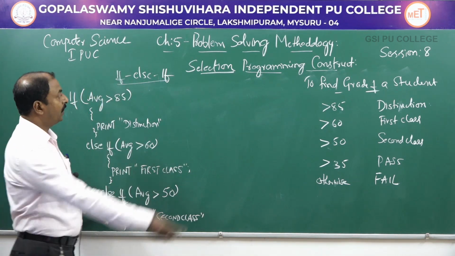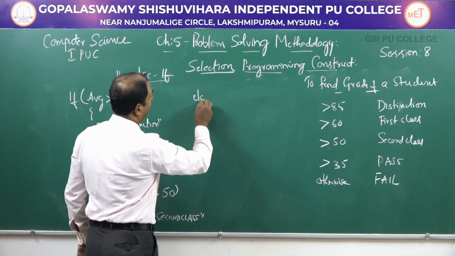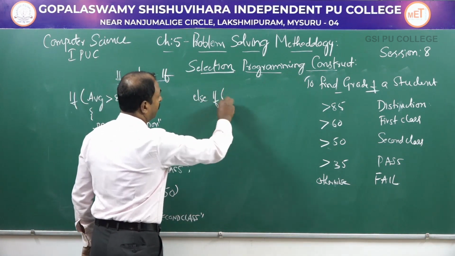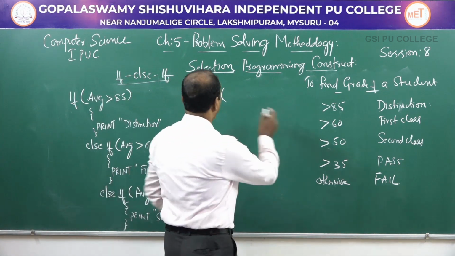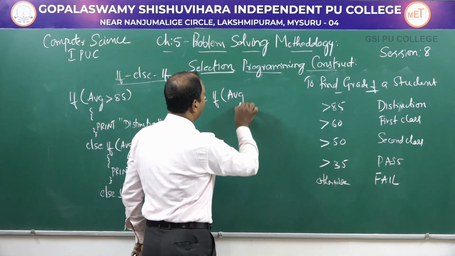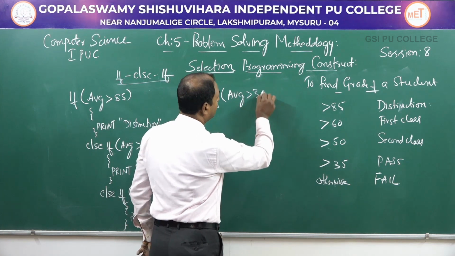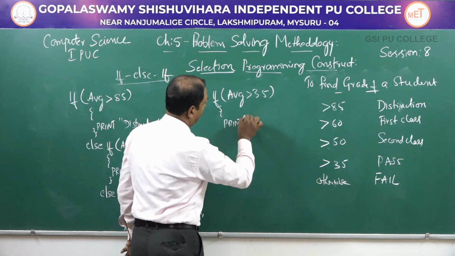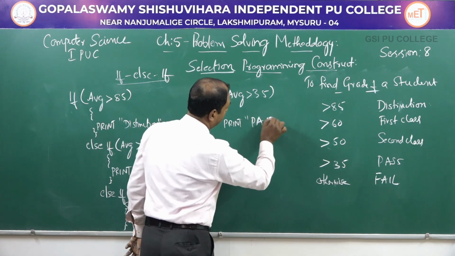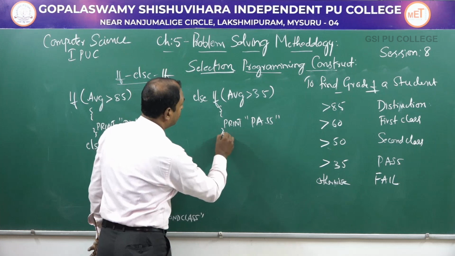After the if else if, one more condition, else if. After 50, we have to check for 35. If average is greater than 35, we have to print pass. And the last condition,